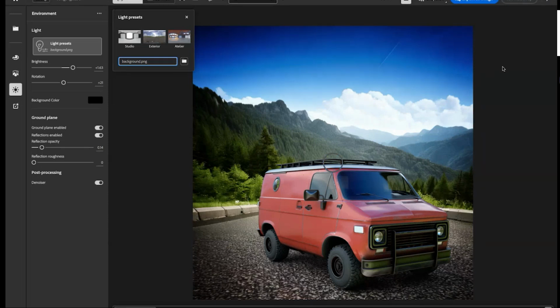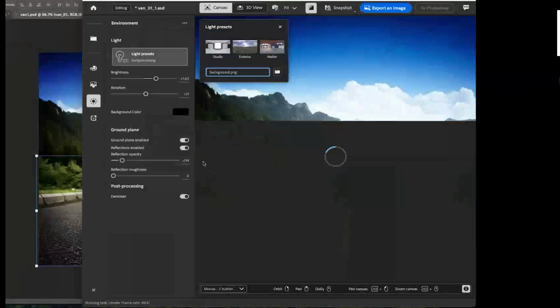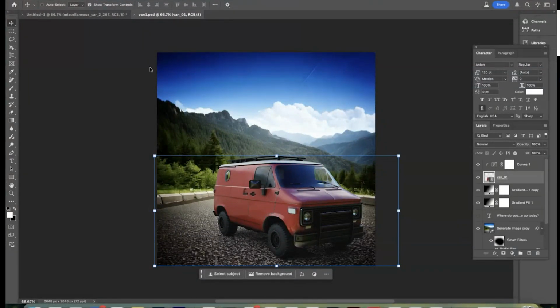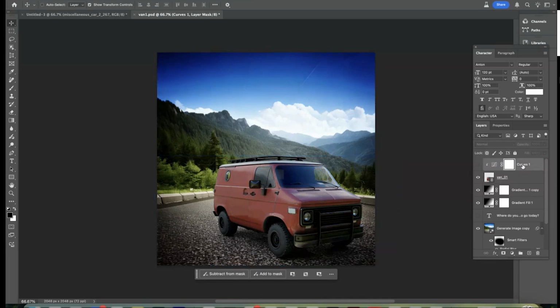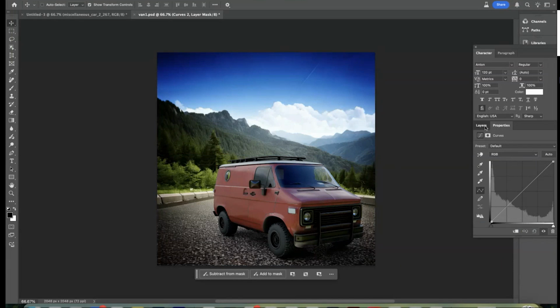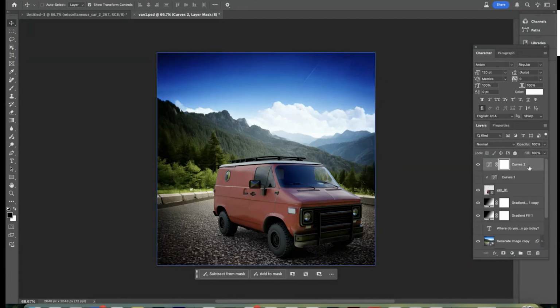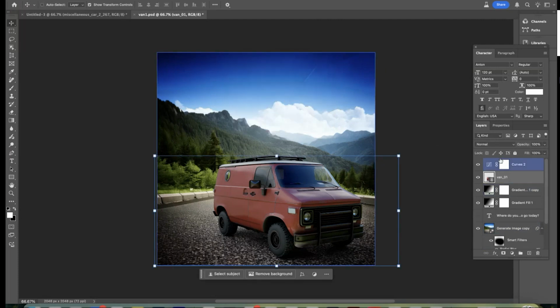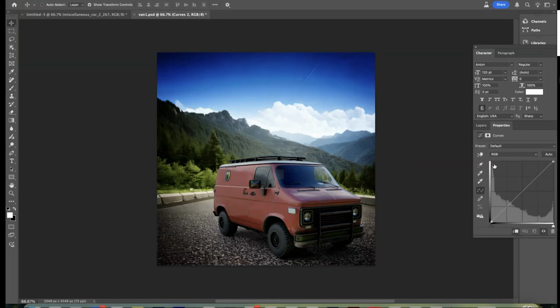It'll take hardly a minute. But once it's done, you will be able to see the reflection here itself in Photoshop. Now, the best part about this is that just as earlier in Photoshop, I was able to work around with curves or any kind of adjustment layers to brighten my image up the way I want to. So now, say for example, I just want to go ahead and do curves again or an exposure. I can simply tag this to this file and now work on my curves,